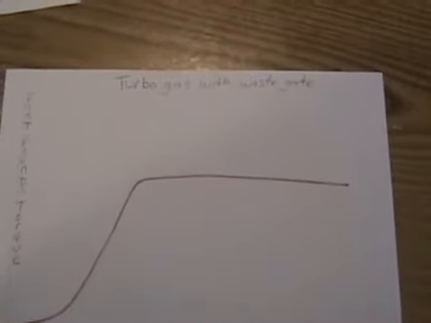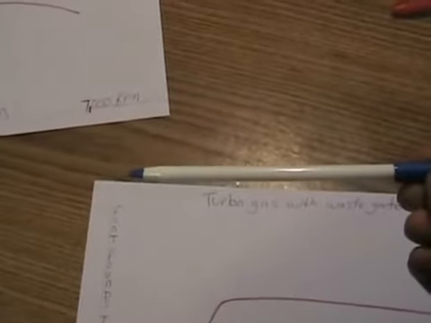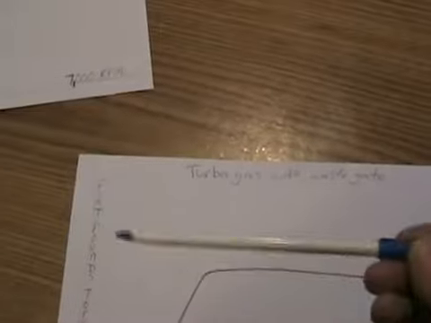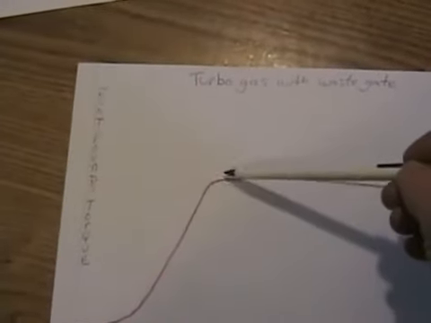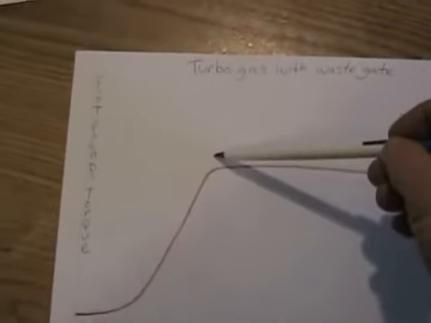Torque is how much twisting force the crankshaft has, measured in foot-pounds. That means, for example, if this pen was 1 foot long, and at this end the engine might have, say, 200 pounds of force pushing down on a 1 foot lever. Well, if you had 200 pounds of force pushing down here, let's say at 2,500 RPM on this turbo engine with